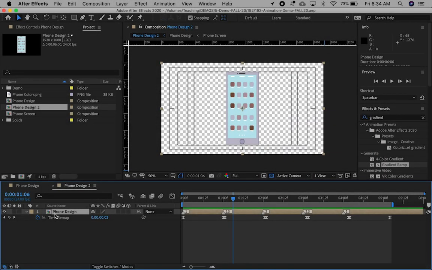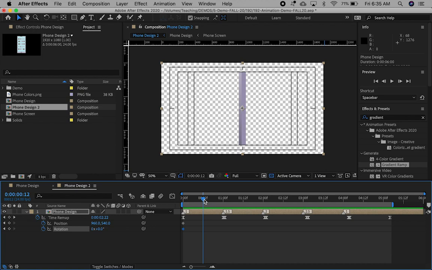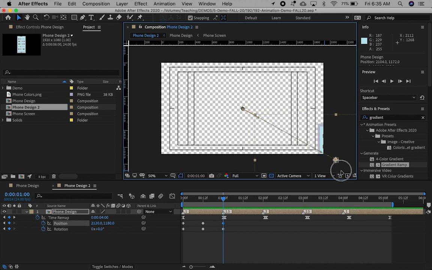So the next thing I want to do, a position keyframe and a rotation keyframe. So now I'll hit U. So I'm going to alter these now. So why don't we do this? 12 frames, it'll be in the center. And then on its way out, it'll be another set of keyframes. So let's take the position. Let's move it down here, say,